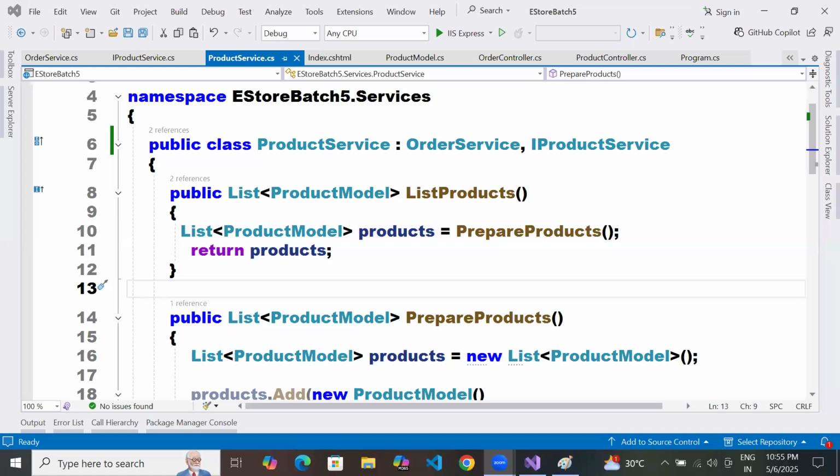Can I tell what the question is? Yes, sir, probably you can answer me. Using interface, can I achieve multi-level interface inheritance? Is my question correct? Anjali? Yes, sir.